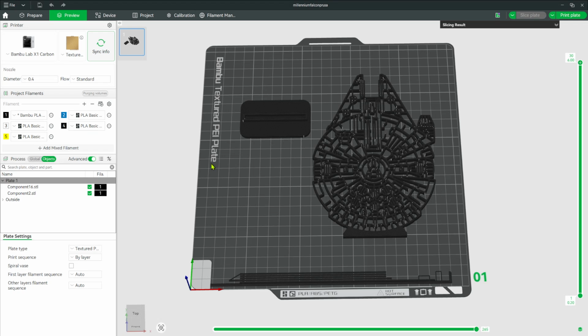Hey guys, welcome back. So in this video, I'm going to show you how to offset in Bambu Studio. Use this if you want to make an entire object slightly wider or thinner all around to make parts fit together. So look at the left side setting panel and turn this advanced toggle switch on at the top of this